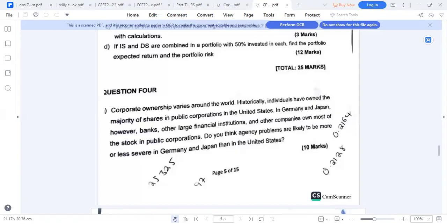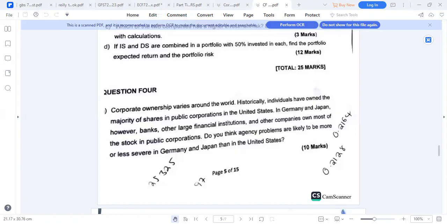It will reduce the likelihood of agency problems. Now, to add on, the long-term relationships that exist between corporations and the major shareholders are common in these countries, and these foster trust, they foster cooperation that can further mitigate the agency problems. However,